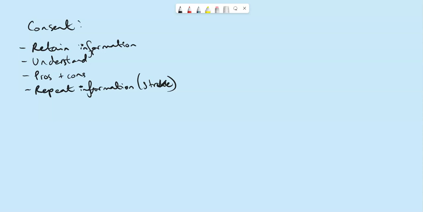So it's quite basic, but in real life it can be quite nuanced depending on what it is that you're dealing with. But for your interviews, you just need to understand these 4 principles. And you might be saying, okay, well, how do I know that they understand the information? Well, put all 4 together, because they have to meet all 4 of these criteria for them to have capacity. It can't just be a single one. Now, if they can retain it, they can weigh out the pros and cons, and they can repeat it back to you, it's very unlikely that they don't understand. So it's more holistic rather than looking at just one individual thing.